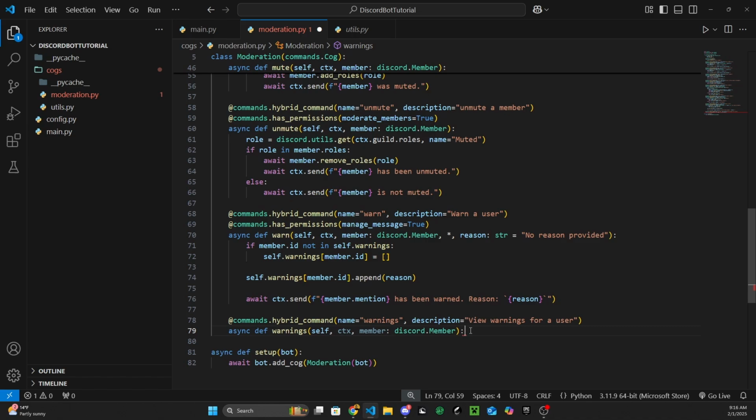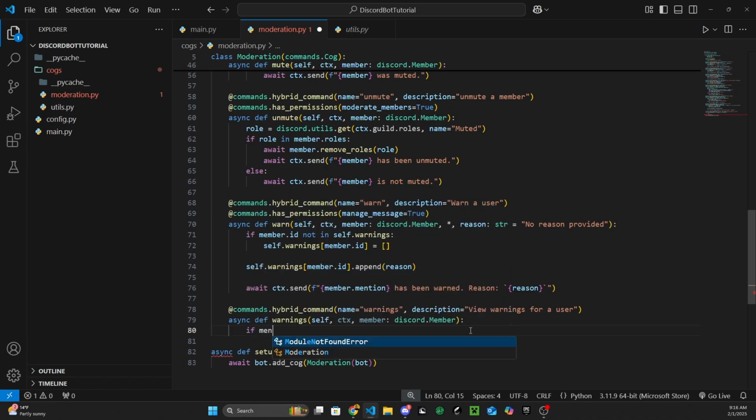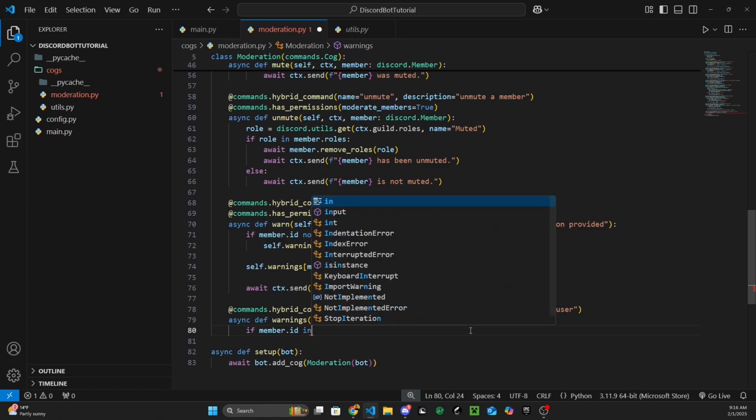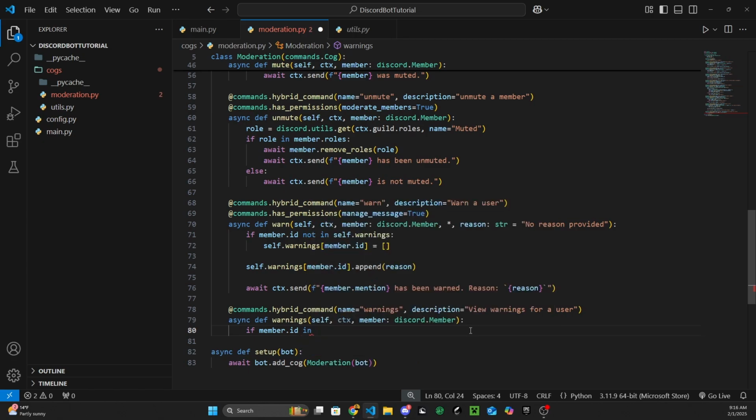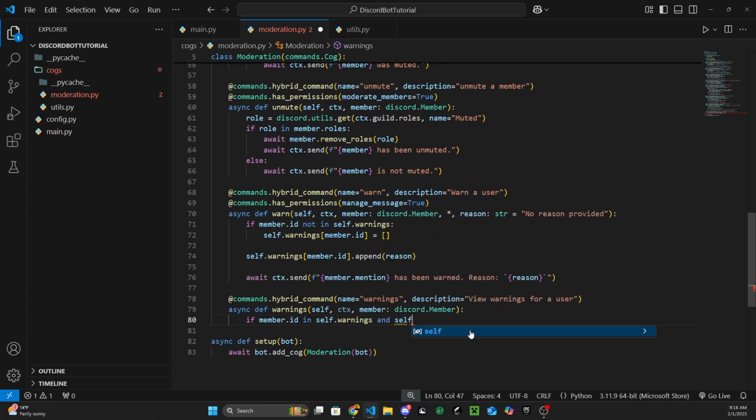Here, and then we add our colon. If member.id is in self.warnings and self.warnings[member.id]